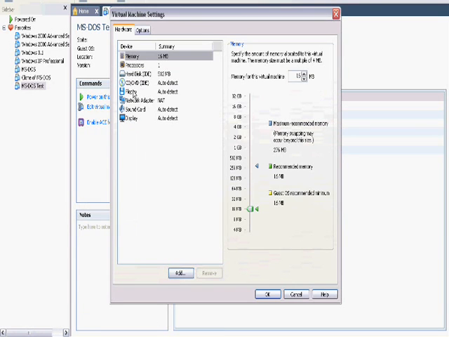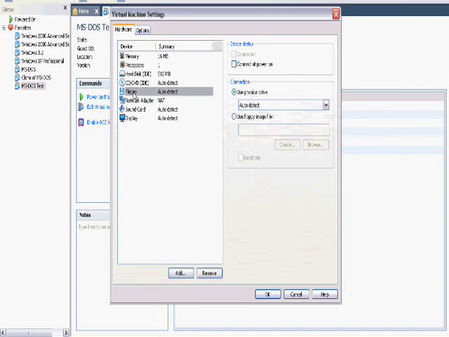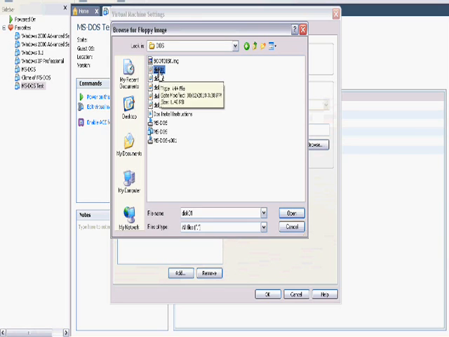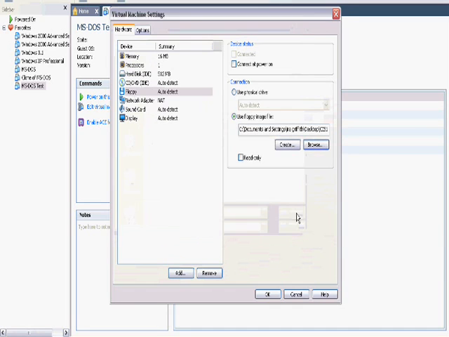And in my case, I go to floppy and use floppy image file, and then browse, and you find where your disk images are, which mine are on my desktop, so I'm going to my desktop to find them. You want to make sure you click disk 1 first, and then click Open, and then make sure you click Connect at Power On, and then click OK,